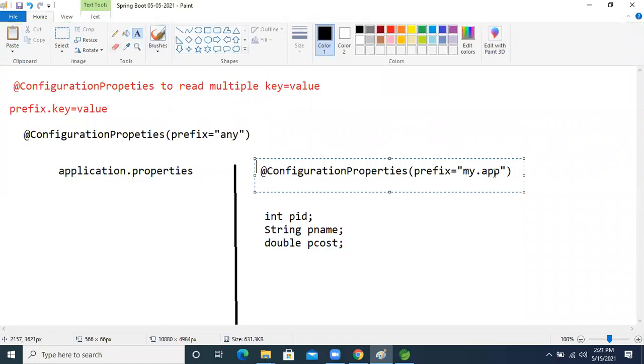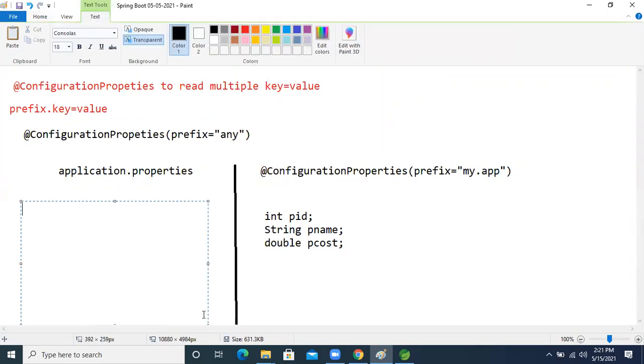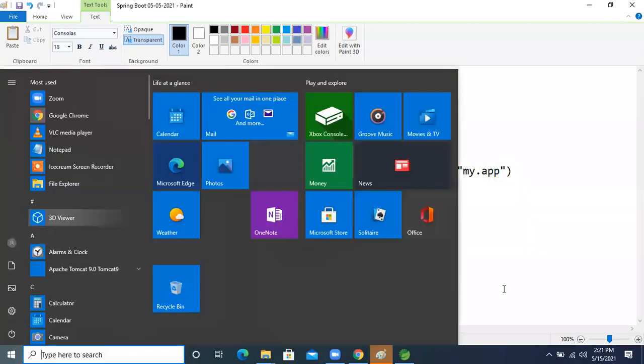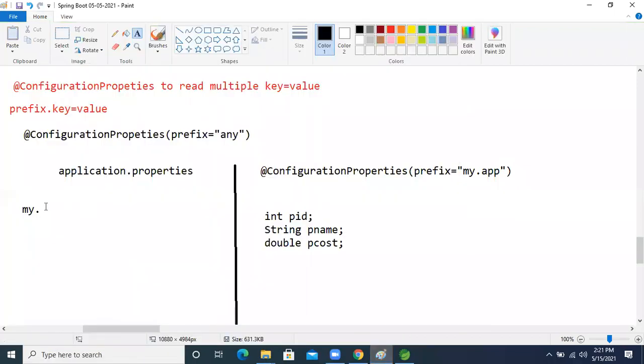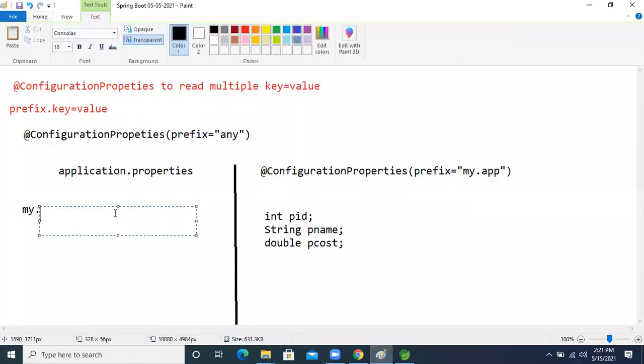My.app. So inside the property file we will write the same thing: my.app.